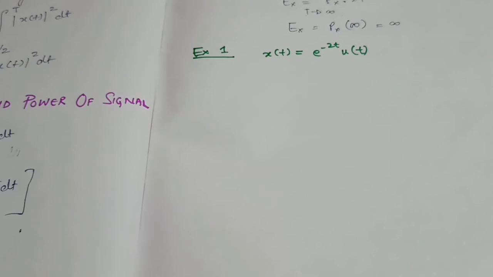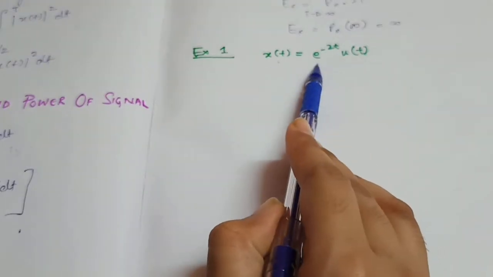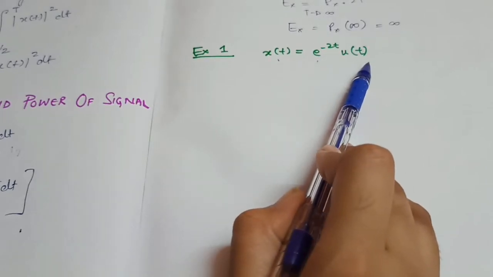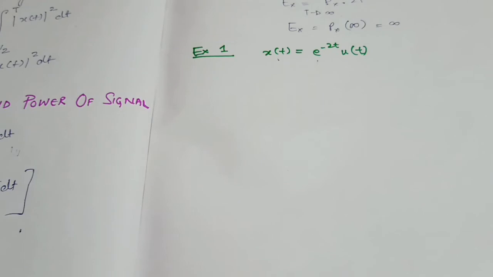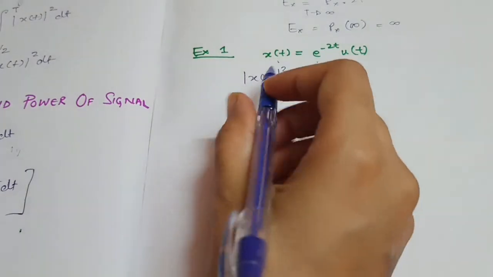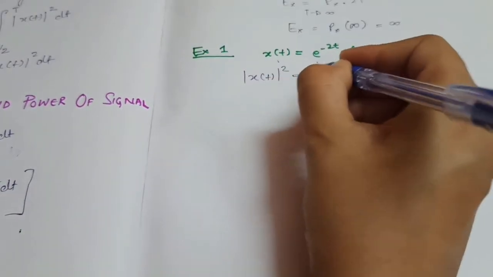Let's say we are having a signal x(t), which is an exponential signal e raised to the power minus 2t u(t), right? So let's calculate both energy and power of the signal, and let's find out if energy is finite, then power is 0, or if power is finite, then energy should be infinity. So let's discuss this, right? First of all, let's calculate the energy of the signal. For that, we have to calculate the square value of this signal x(t), which comes out to be,